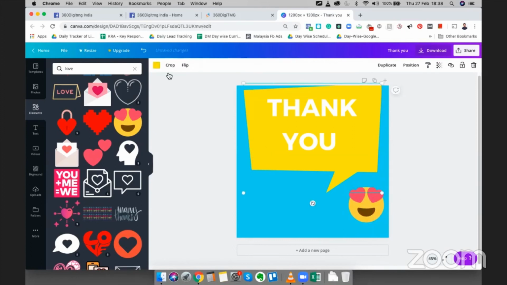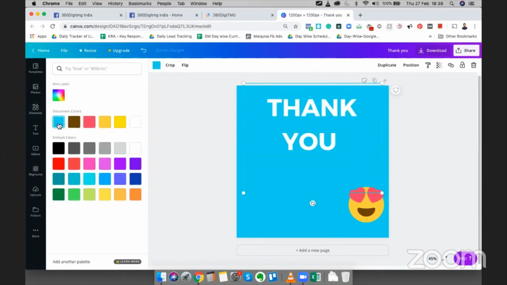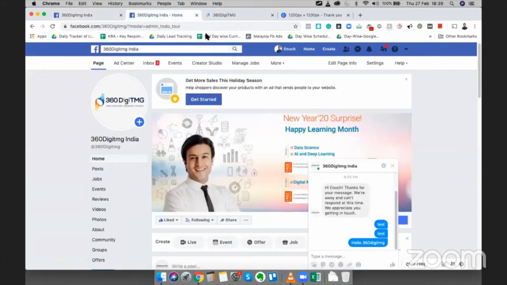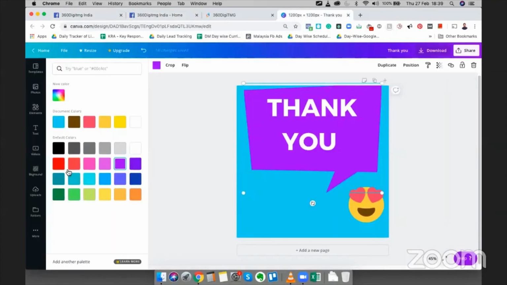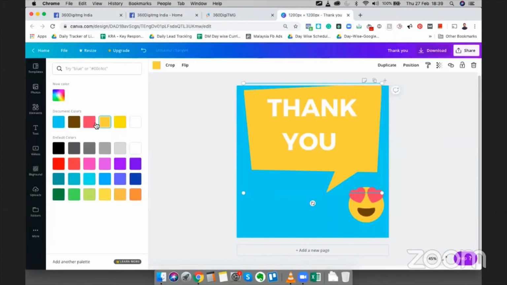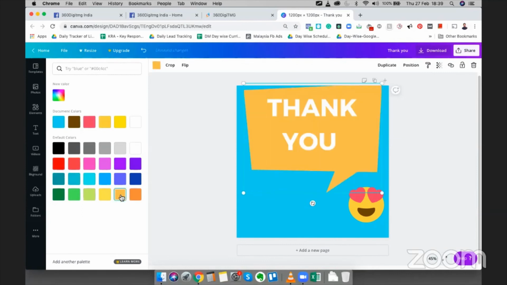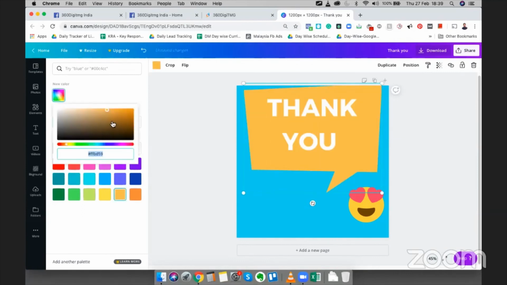So probably let me change the background color to maybe not that. What is the theme of 360? It is orange. So let me try that a bit. It's a darker shade of orange.